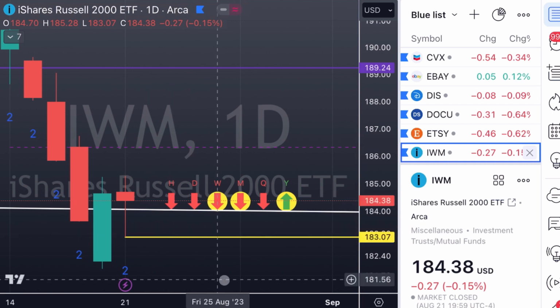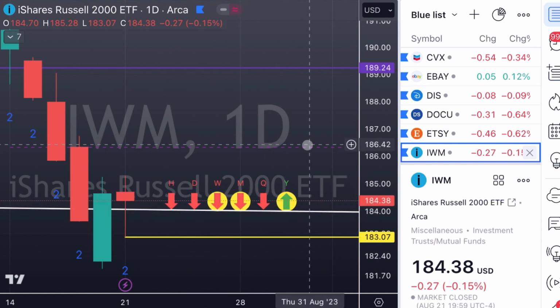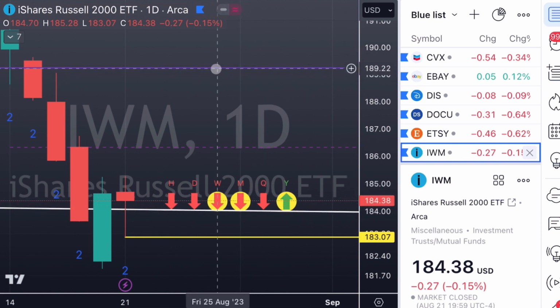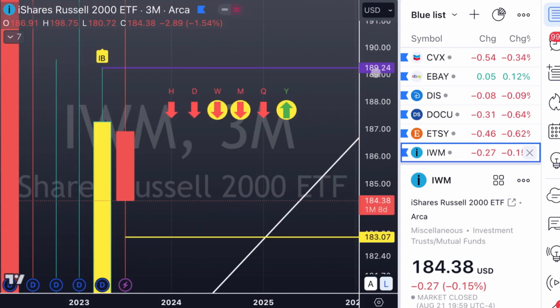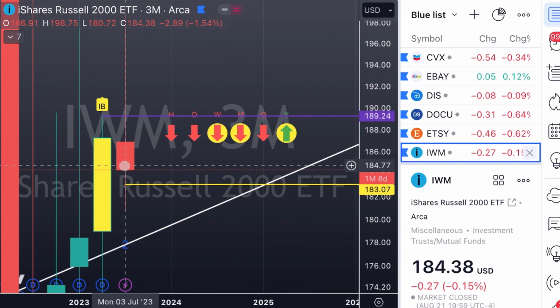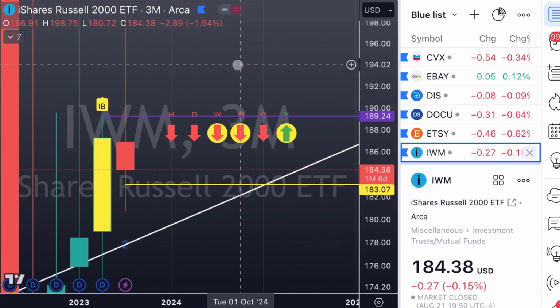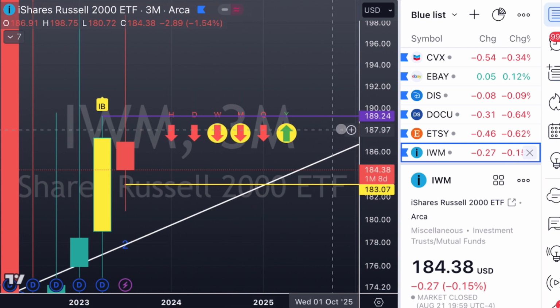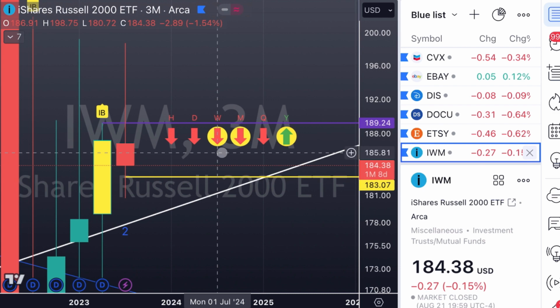We look for the puts here at 183.07. Time frame continuity in our favor. And I'm going to check this out. This purple line is what I mark for my 3-month setups. And we are trending back down through this inside bar. So we'll see if we hit this and close past this 50% mark on the inside bar, and that'll tell us, or give us a pretty good idea of if we're going to go outside bar on